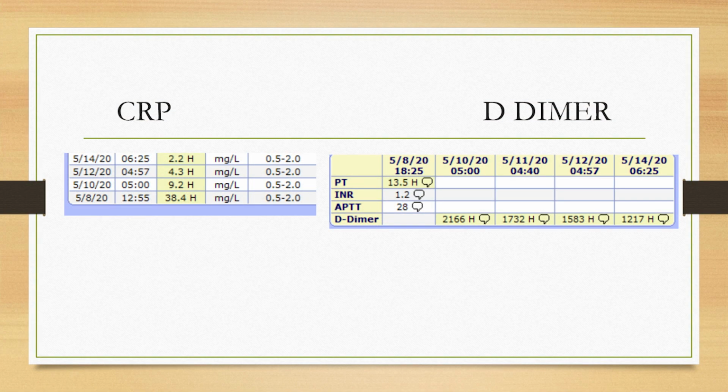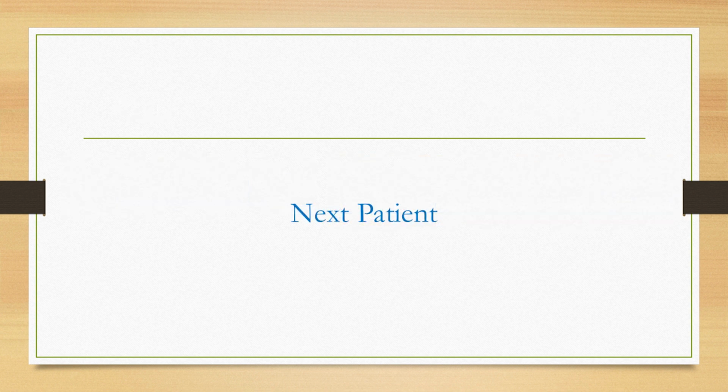And the inflammatory markers that I'm talking about, the CRP and D-dimer, as you can see, on May 8th, it was 38, and then it started going down rapidly to 2.2 on May 14th within 7 days. And the D-dimer, as you can see there, 2,166, it went down to 1,200. So, and then the next patient,